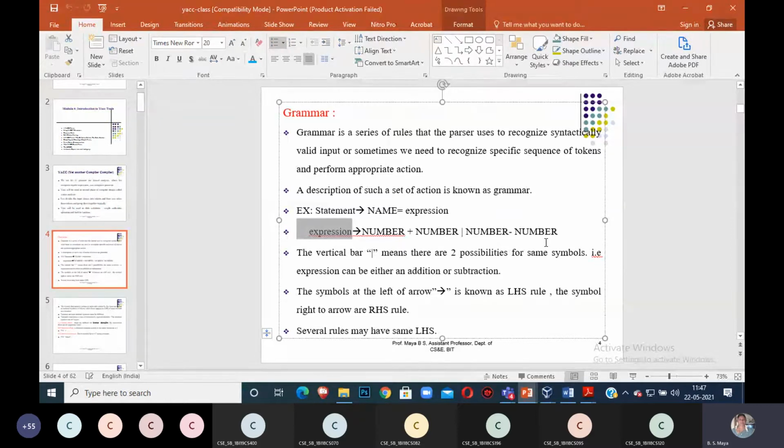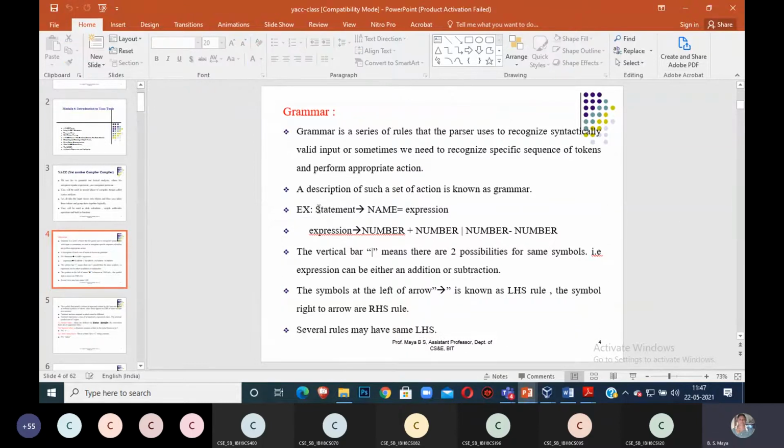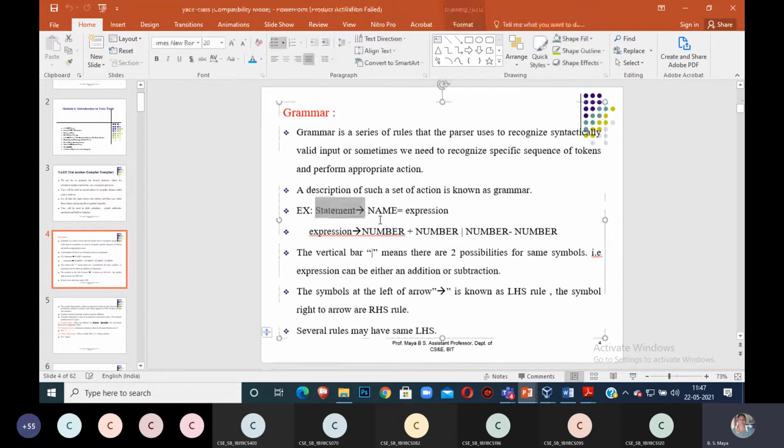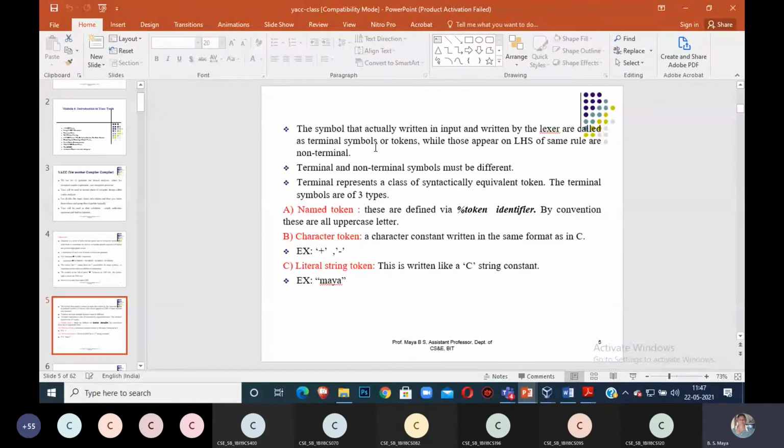You know the word about grammar representation. For example, this is what I am writing for the grammar. You have to give input for that grammar, and that input is recognized by the grammar or not. That is the main intention of writing your YACC program. The symbols that you are written by the input and returned by the lexer are called terminal symbols.